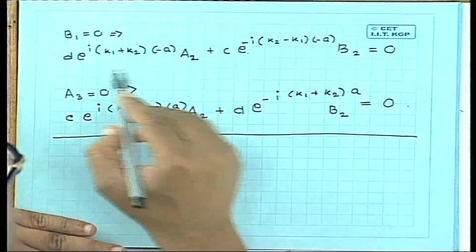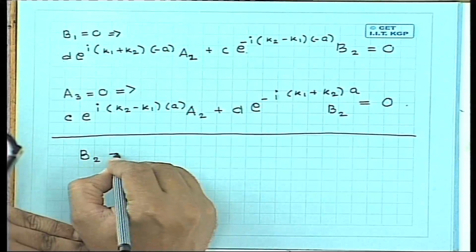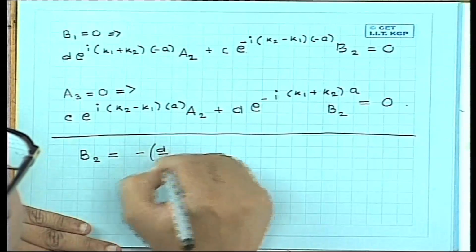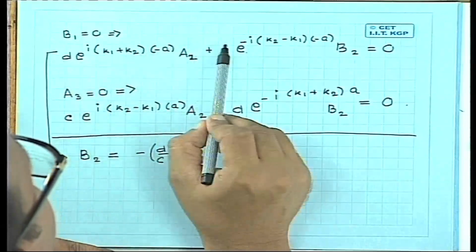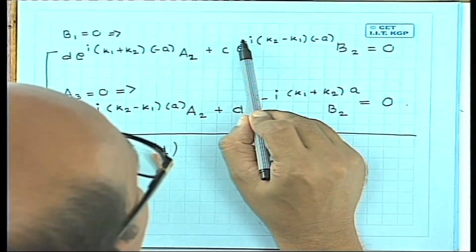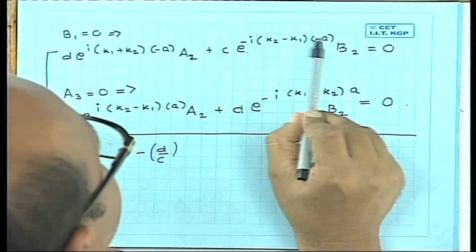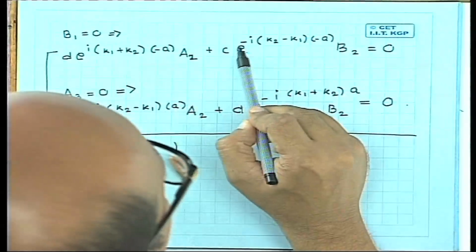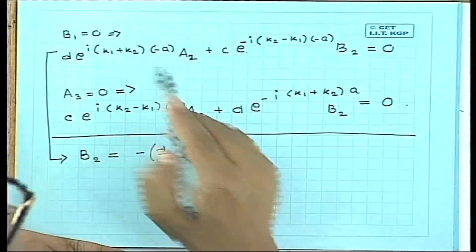Now let us simplify both of these and obtain B2 in terms of A2. So the first relation tells us that B2 is equal to minus D by C, e to the power I k1 into minus A1, e to the power I k1 into minus A1. So both of them cancel out, and what I have is e to the power I k2 into minus A over e to the power I k2 into plus A, which if I take onto that side will give me